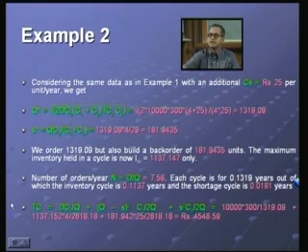Now, we illustrate this through an example. We use the same data as in example 1, the same data which is D = 10,300 and C0 = rupees 4, and we include an additional shortage cost Cs as rupees 25 per unit per year. Now, when we substitute, Q star is equal to root of 2D C0 by Cc into (Cc plus Cs) by Cs. We substitute here to get